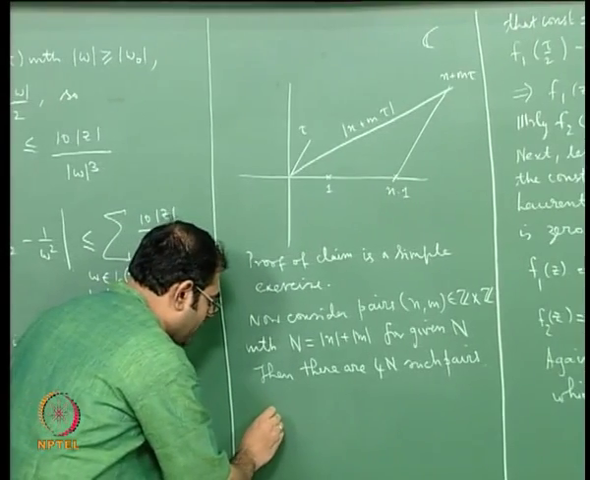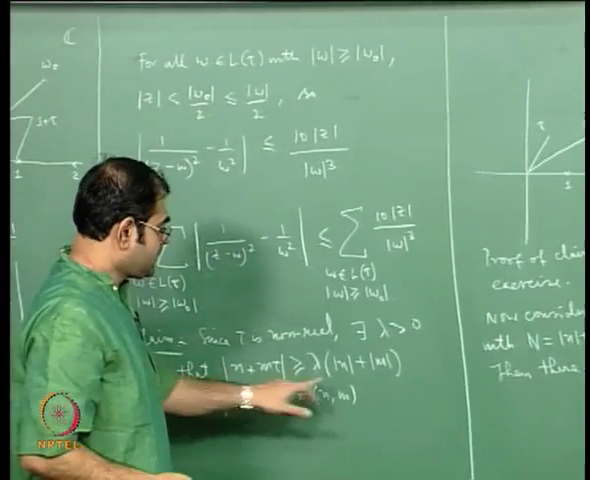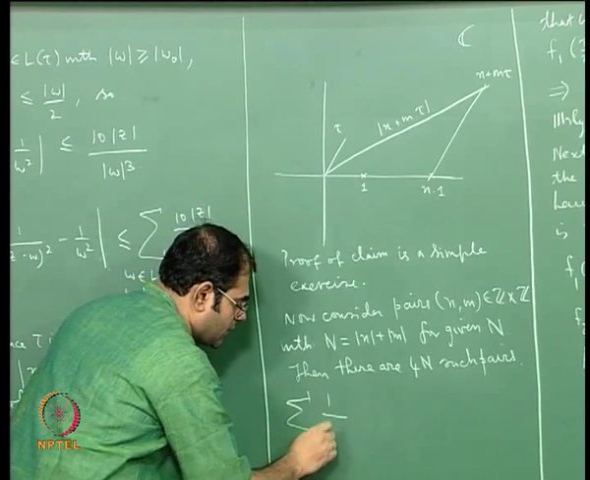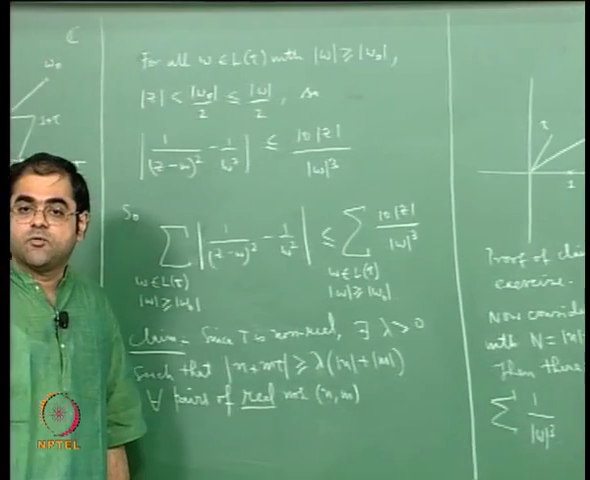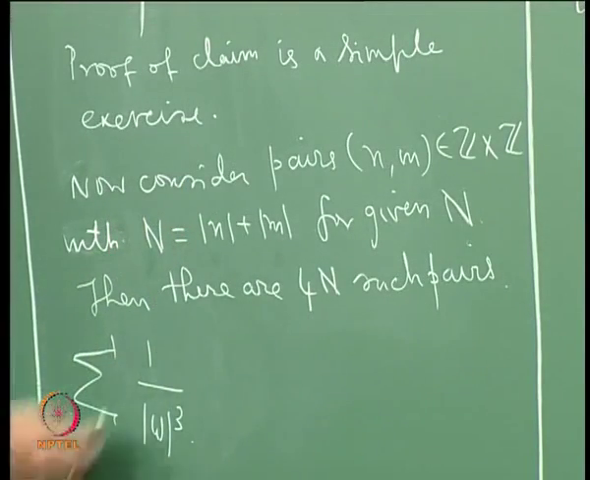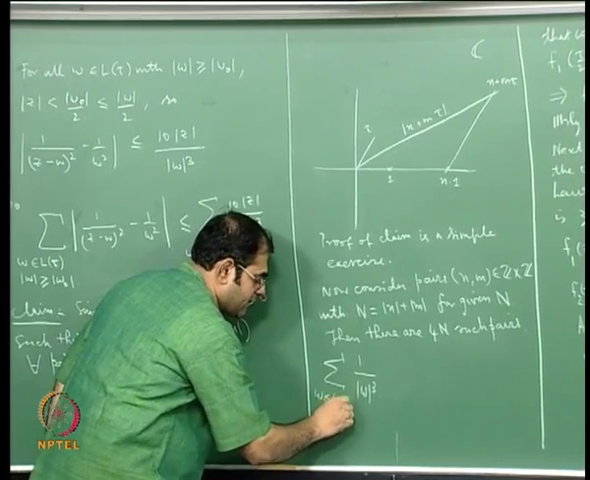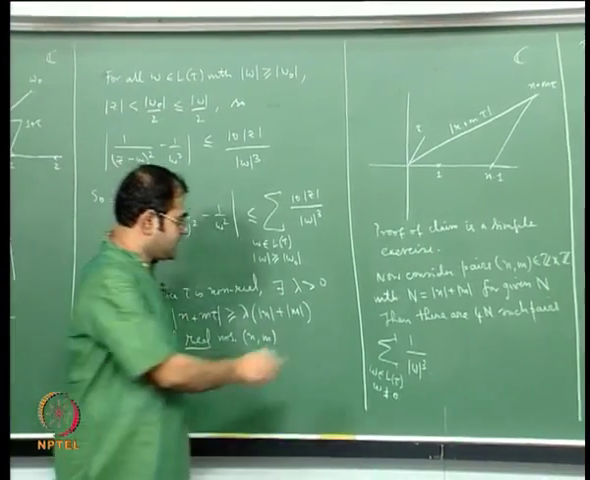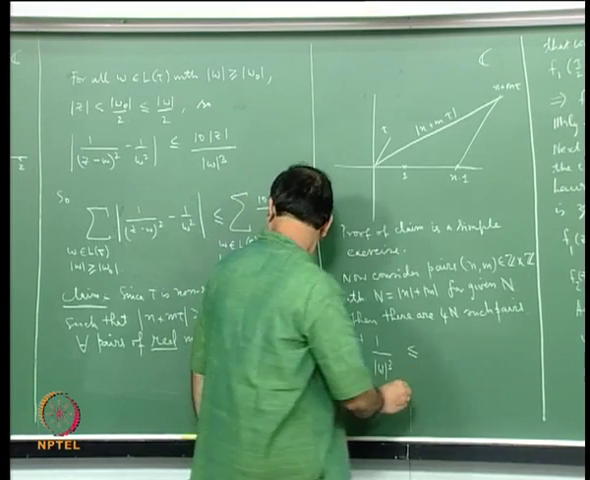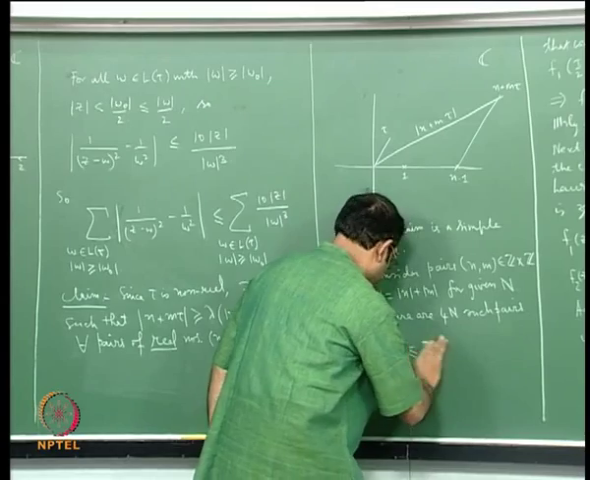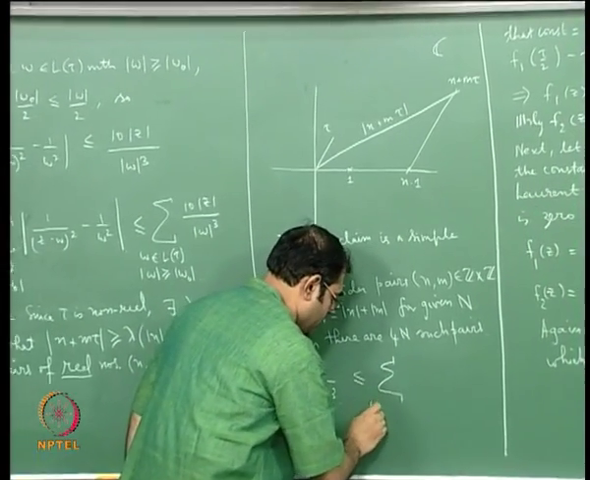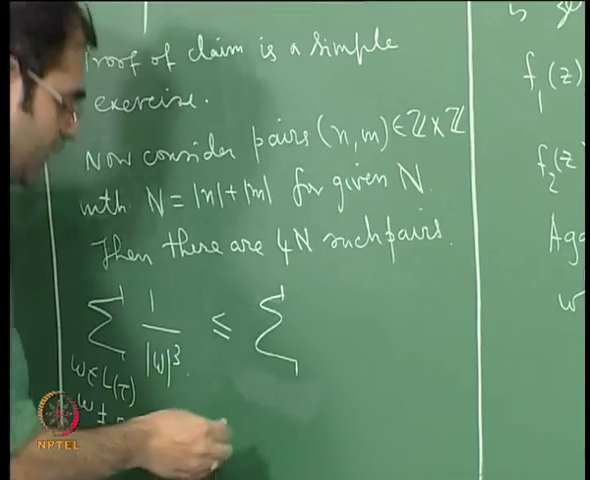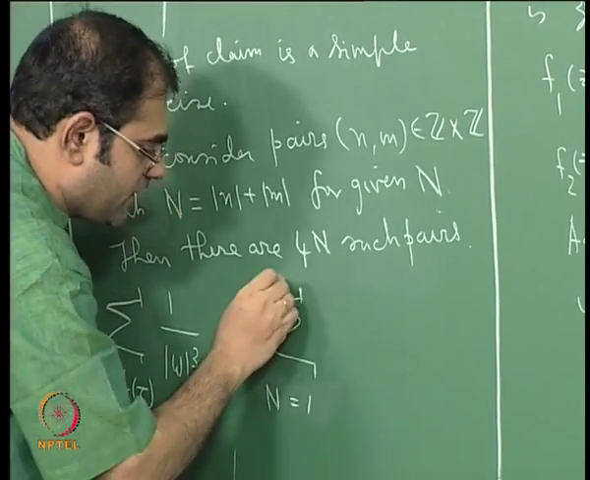So if you try to sum over 1 by mod omega cube, where omega is varying in the lattice, omega not equal to 0, then you see this is less than or equal to 4 by, so let me write that down, sigma omega in L of tau, and now I'll change it to a summation, n equal to 1 to infinity,